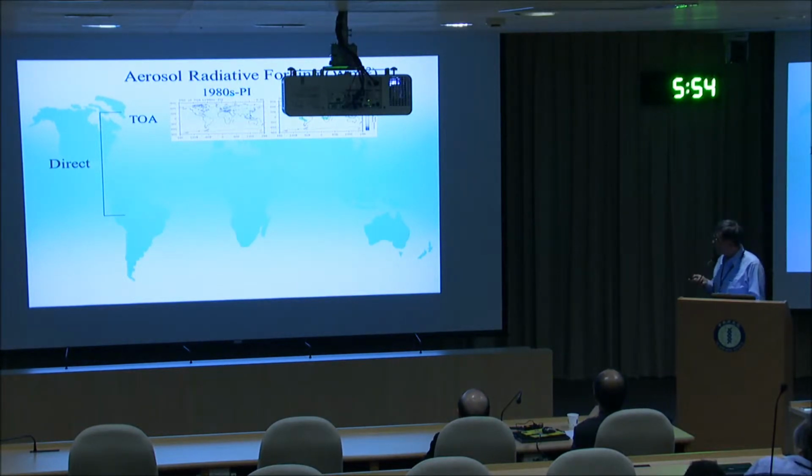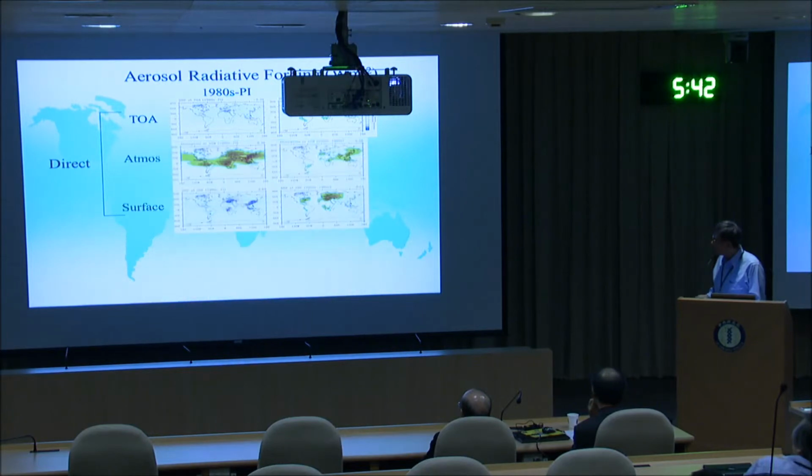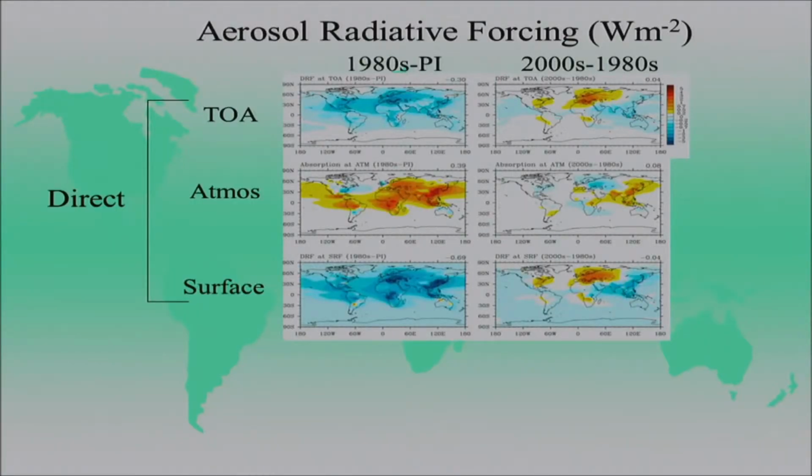So you really have to look at different periods and different locations in terms of what happened to the aerosol loading in the atmosphere and what the subsequent effect is. Now, another point I think Wang Qian also made: if you partition the TOA into the atmosphere and the surface, it gives you a different perspective. The black carbons and other organic aerosols have a single scattering albedo that is not very close to 1, so they are highly absorbing. So you cannot just simply look at the TOA forcing. If you look at this cancellation effect, you have a very large warming in the atmosphere and a very large cooling at the surface. Basically, aerosol loading cools the surface and warms the atmosphere, and if you look at a different period,